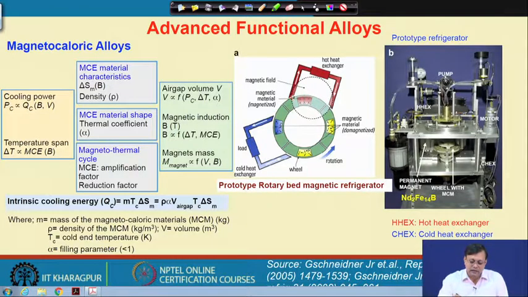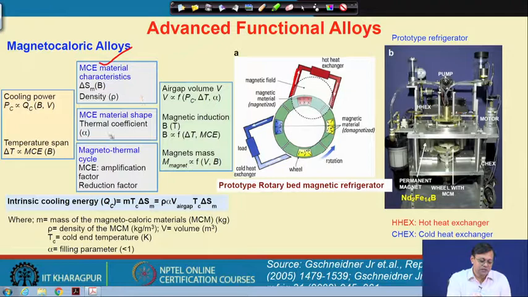So, now the heat should be extracted. The hot heat exchanger will extract the heat generated by the application of the magnetic field, and now we immediately demagnetize it, or we take the material out of the magnetic field, and here the magnetic material gets demagnetized and cools. So, we can again take this cold heat exchanger and use it for cooling purposes. So, this is the typical principle of that, and one should keep in mind that the delta Sm,